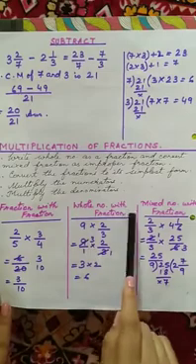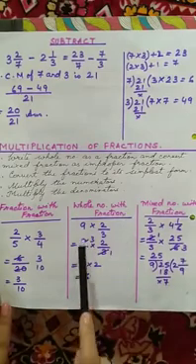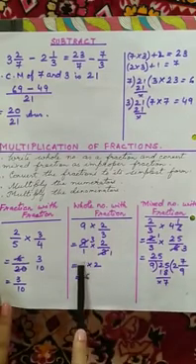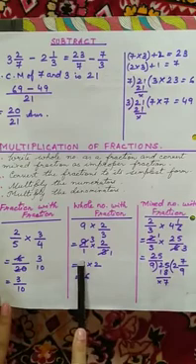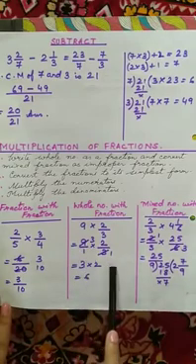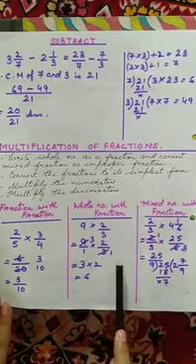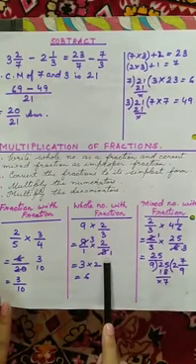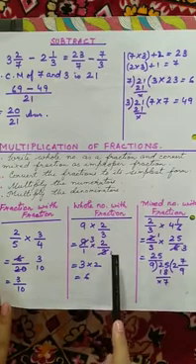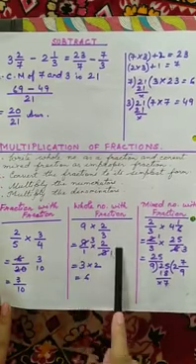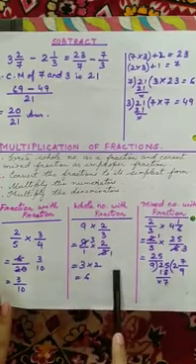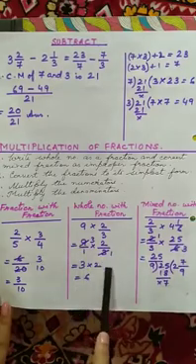Next we have whole number with fraction. To write the whole number as a fraction, we put 1 as the denominator. So now 9 by 1 into 2 by 3. We bring these fractions into simplest form by cancellation. So how do we do that? We can do it 2 ways. One is cancelling straight, numerator and denominator, or by cross multiplication.